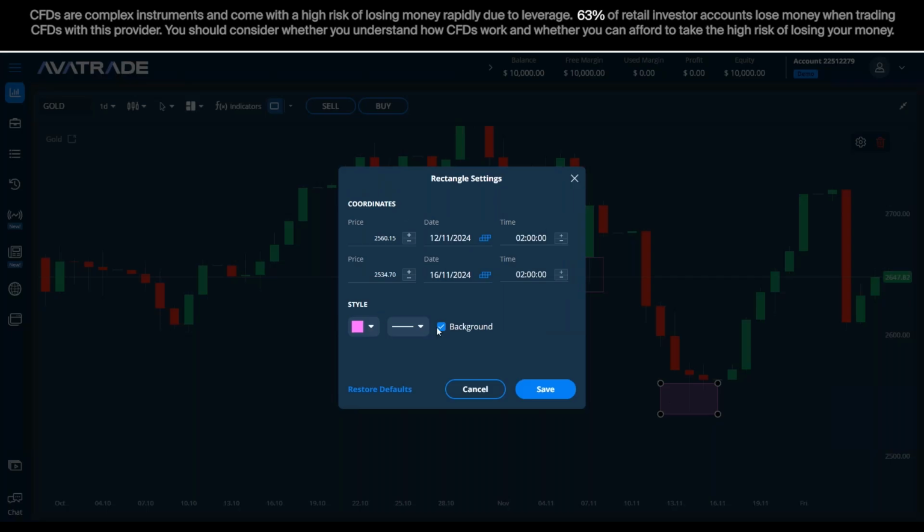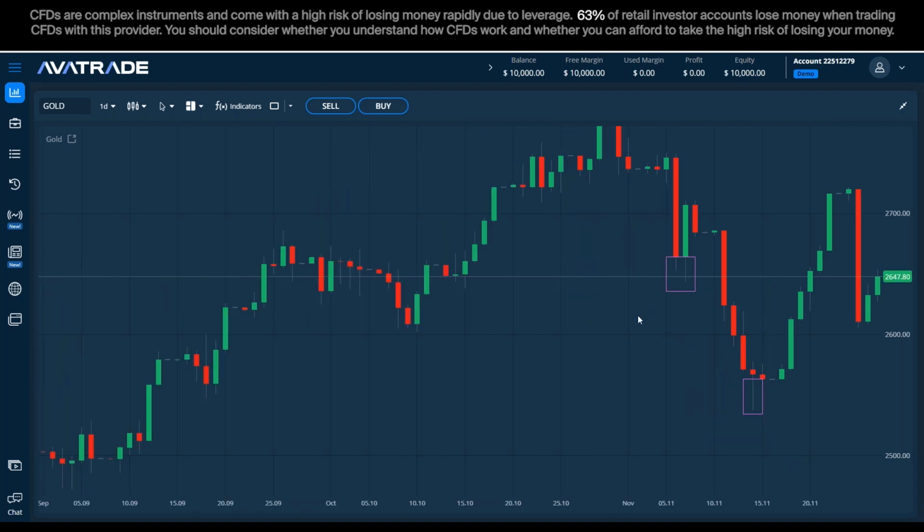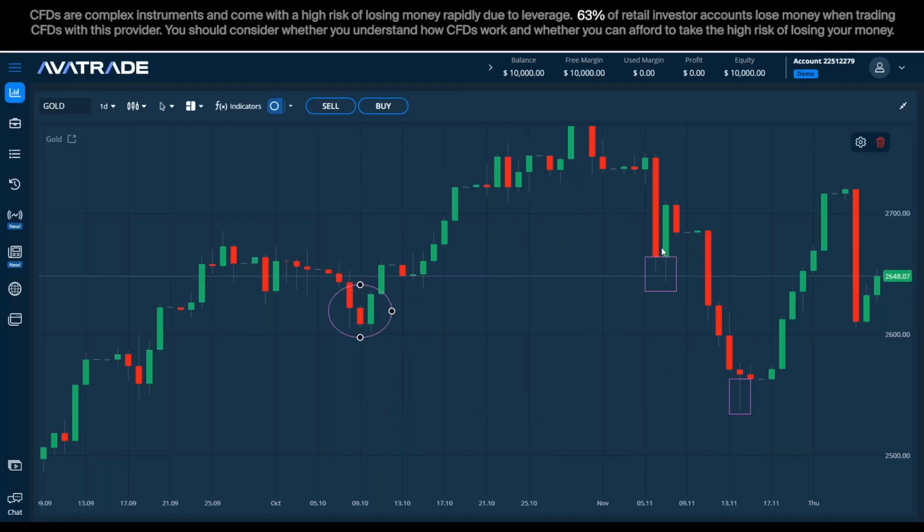Okay, so I want you guys to watch what happens where I've marked it with a pink rectangle. Just a second. Okay, so this is when gold went down and it broke the previous support. Don't worry, guys. I'm not doing anything crazy with analysis. Just explaining here something about the difference in candlesticks to the line. Okay, so in here, we see the tail. So we have a drop, then reversal. And in here also we have a decline.